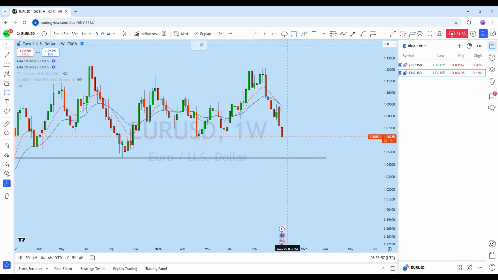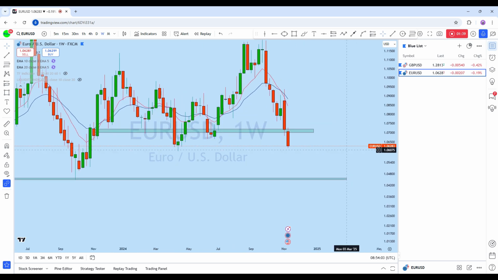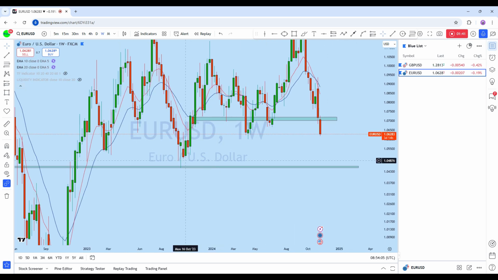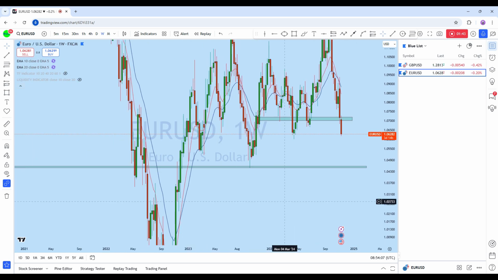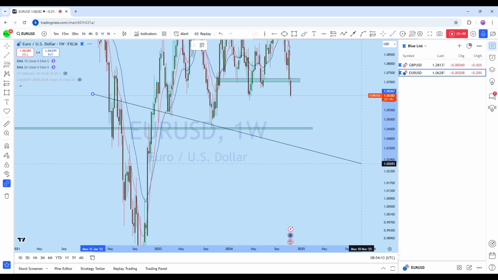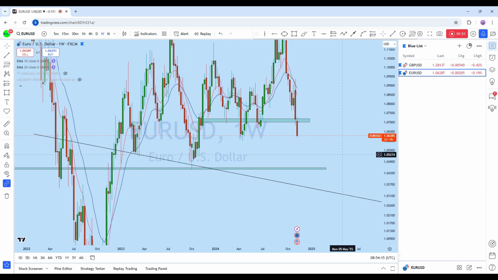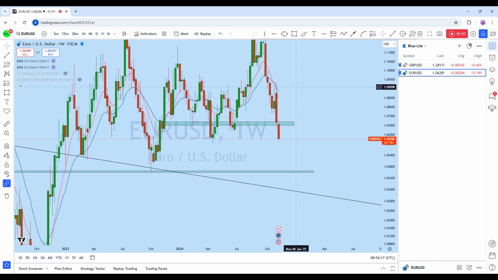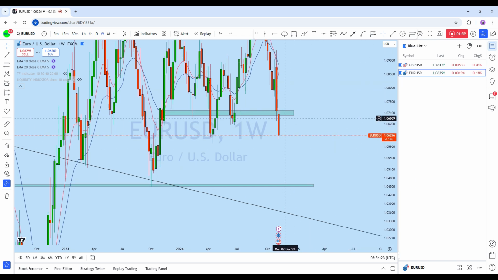This week we saw there was a gap open in this area, which is quite an important level to look at. And as soon as the market opened, the price started to drop below, as this is the previous swing low. And what I think is that for the long term picture, we might see euro dollar coming back down to retest this support or any of these levels. As the market is currently in a strong downtrend, we can expect this weekly candle to drop down further after initial